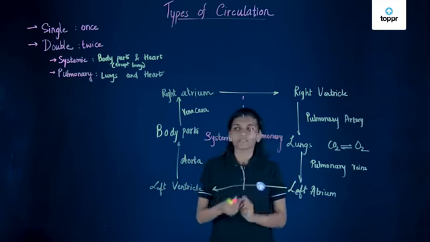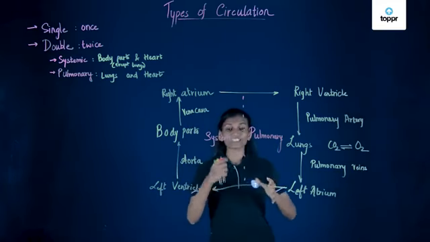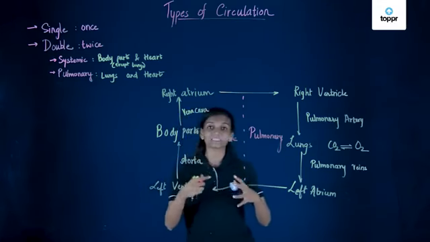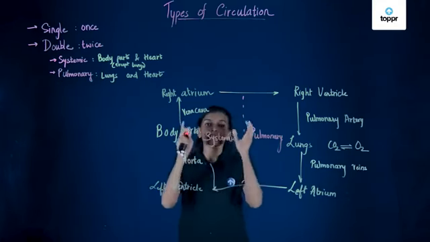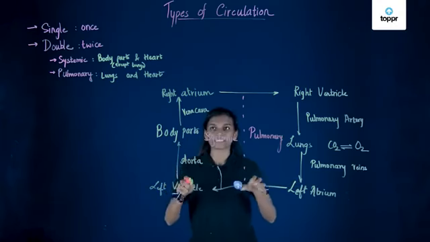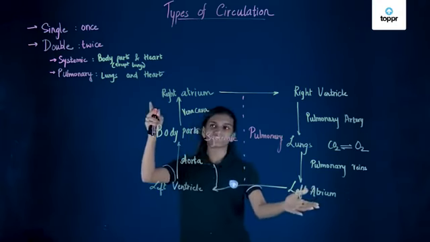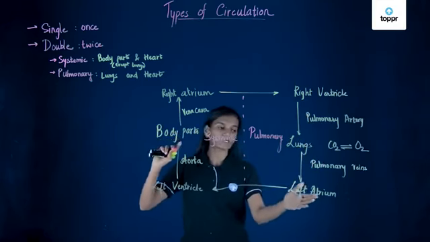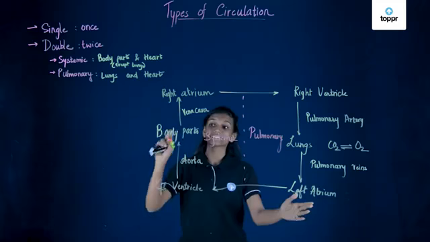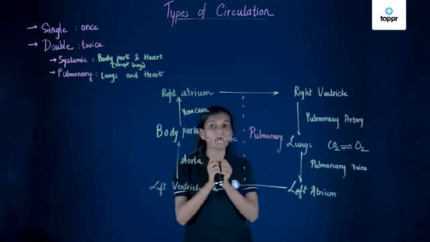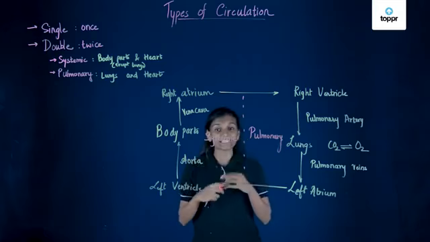Alright? So these are the two circulations, and why do we call it double circulation? That's because the blood passes the heart twice. That's when the blood enters twice and leaves the heart twice, as in the right atrium and the left atrium. The pure blood is coming from the lungs to the heart, and the impure blood is coming from the body parts to the heart. So there are two times the heart is taking in blood,